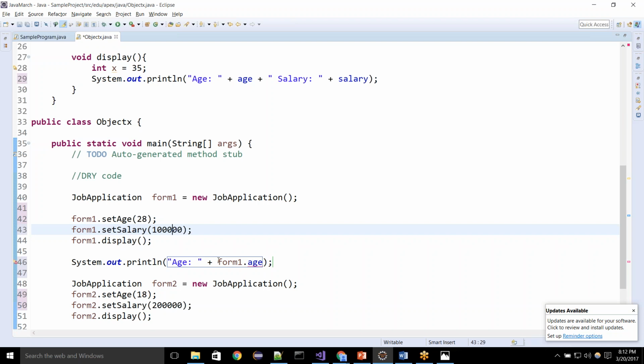So now how would I want to get the values of age? I don't want to initialize something or set something. I just want to print those values. How would I do that? Again,